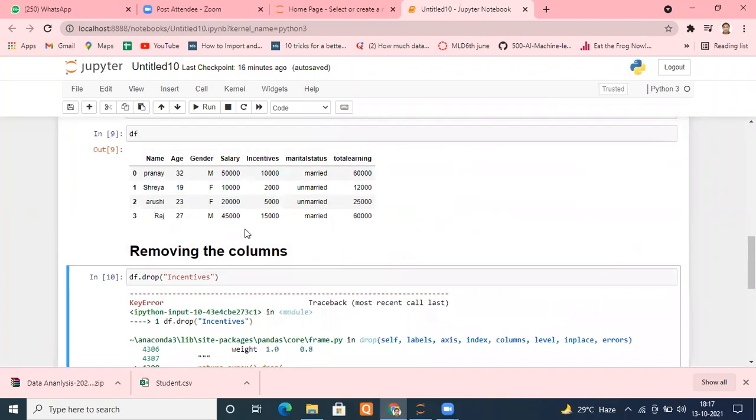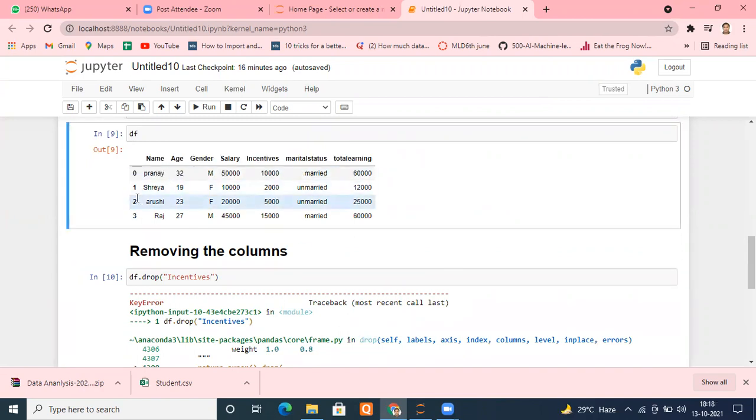Because by default, this drop function knows these rows, means these indexes. It doesn't understand the columns. By default, it understands only these indexes 0, 1, 2, 3.